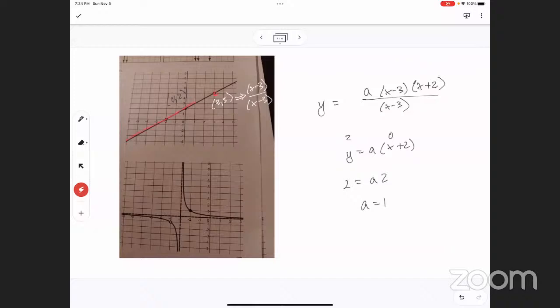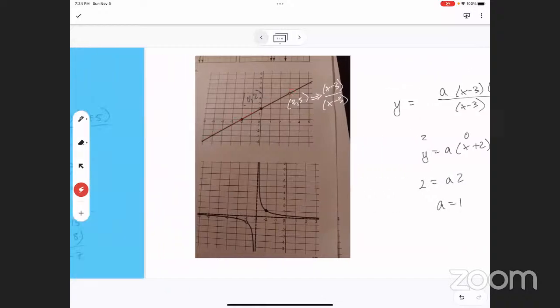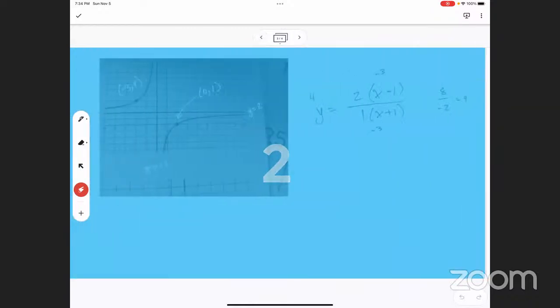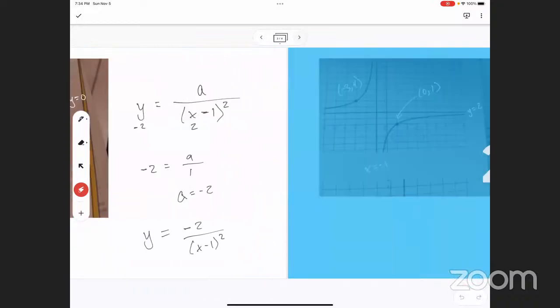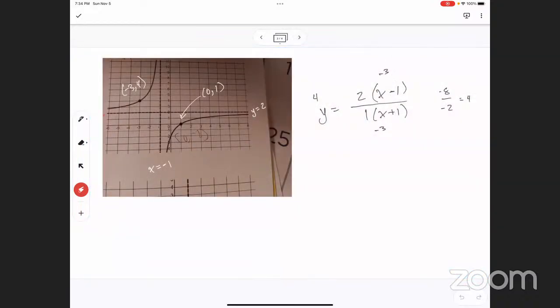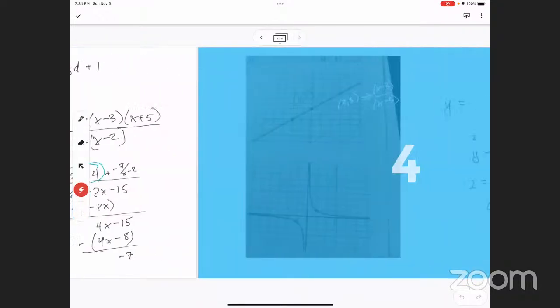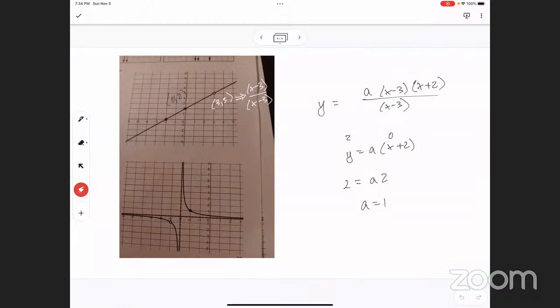This is really just a line with a hole in it, as opposed to these other ones where the horizontal asymptotes and the vertical asymptotes are giving you lots of good information. We don't really have that in this picture. So just be aware of that. So a does in fact equal 1 in this example. So your answer is just y equals x, and they probably want you to write it